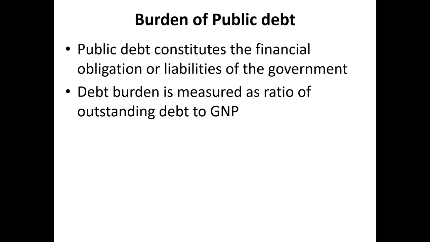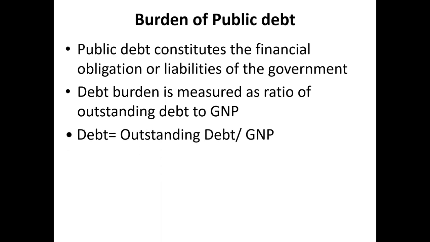Debt burden is measured as a ratio of the outstanding debt to GNP, or this is called the debt liability ratio. So, how do you measure it? It is measured as a ratio of outstanding debt to GNP. So, the formula is that debt